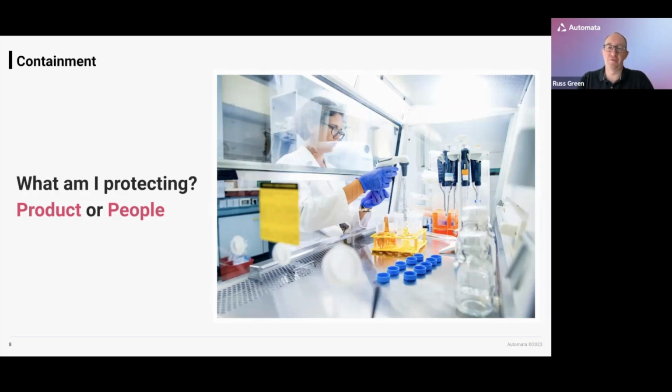But I would also ask us to question, when we think about automation, whether we need that level of containment, because immediately it constrains the kind of system we can build in some form. And so we always have to ask that question about what am I protecting here? And is my product actually safe? Do I just want to keep it sterile, or is my product, by which I mean my cells that I'm culturing or what they're producing, hazardous in some way, in which case I do need to also protect my people. And right now we have an awful lot of conversations where people default to the statement, well, it must be the same level of containment that I'm using in the lab, and then actually with further explanation, perhaps it doesn't need to be.